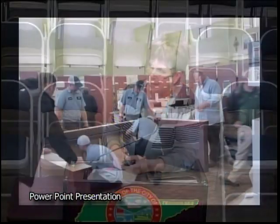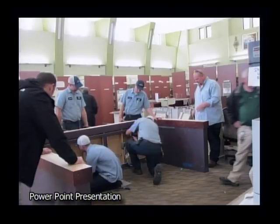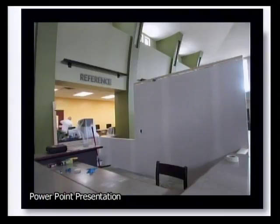Here they are dismantling the desk. Along with dismantling the desk, they had to reroute the electricity. So that was jackhammers in the concrete and pouring more concrete, rerouting the wiring in conduit. We built this nice wall here. The reference desk will back up to this wall, as you can see, and it's also very open so that